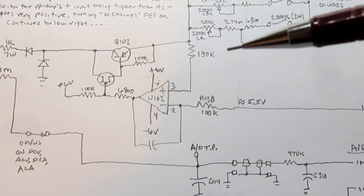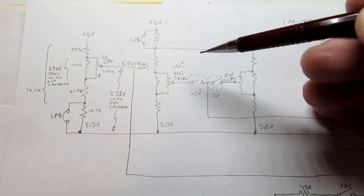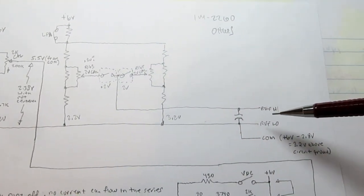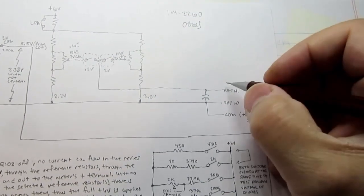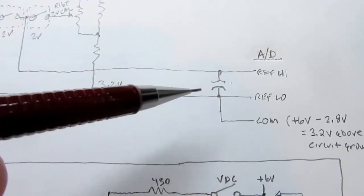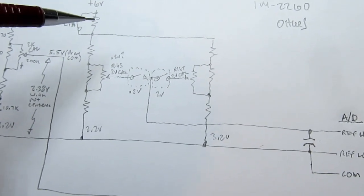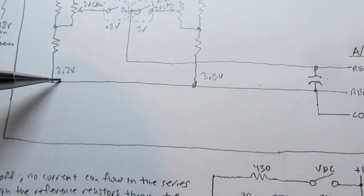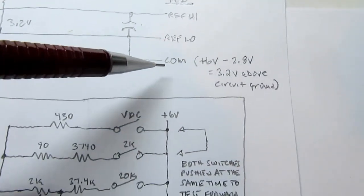Before we get into this anymore, we need to look at where this signal is coming from. Just like this circuit here, where we are picking off the reference voltage for the A to D converter, and again I am remiss by not writing that this is the A to D here. Anyway, in the same manner that we're picking off the reference voltage by putting a resistor divider from the plus 6 volt power rail to the 3.2 volt reference produced by the common terminal of